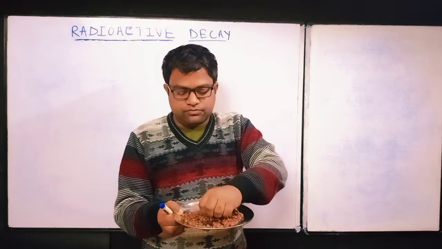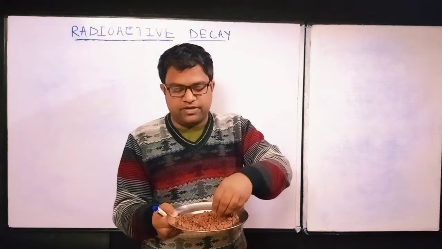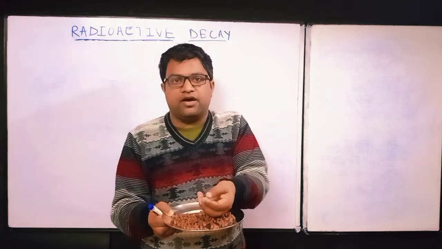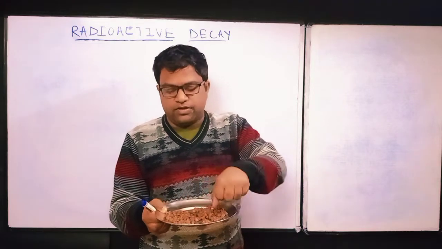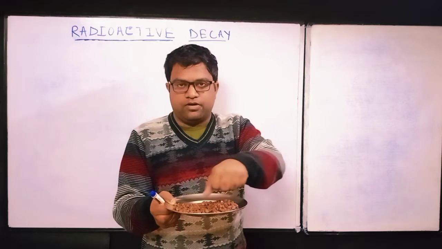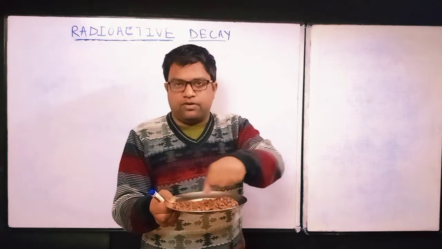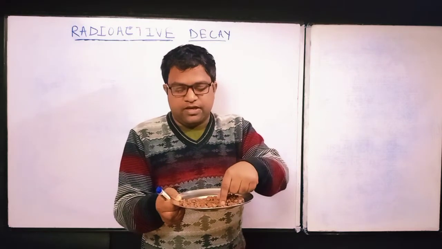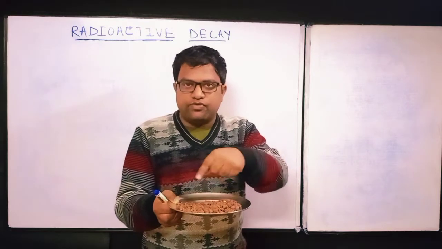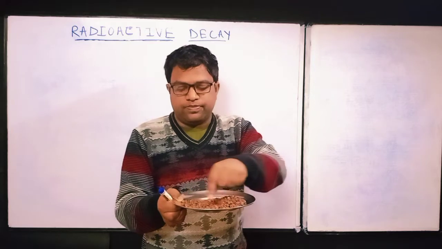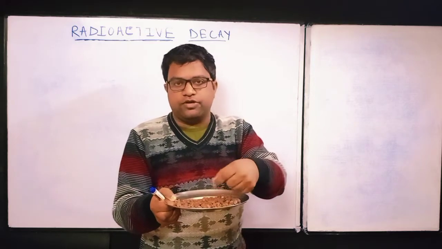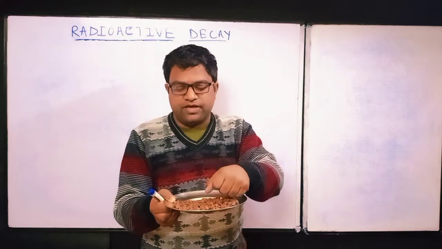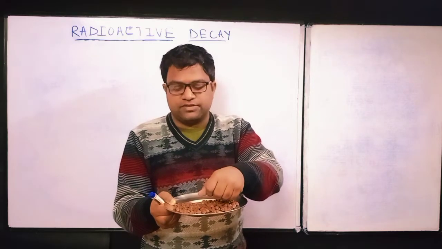Suppose each moment some of the nuclei are disintegrating and becoming new particles. So now suppose N amount of your nucleus are there, right? So gradually the rate will decrease as the number of radioactive, unstable nuclei decreases, the rate will gradually decrease, right?